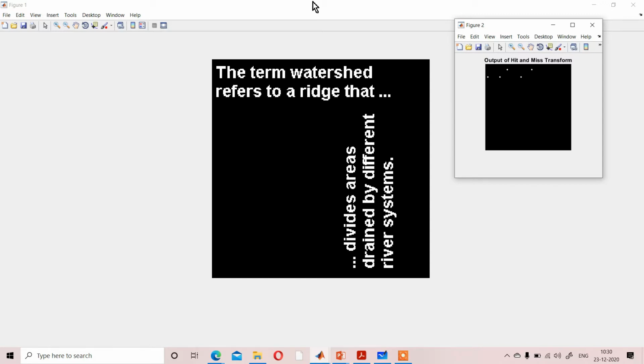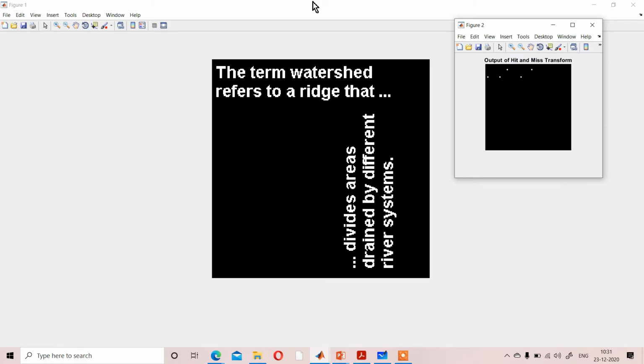What you have to do is the hit or miss transformation, and in that transformation you have to consider one pixel that has the pixel intensity 250, and if we run that code, all the pixels that have intensity 250 will be shown, and in that way you can find all the pixels. And what is the importance of that?